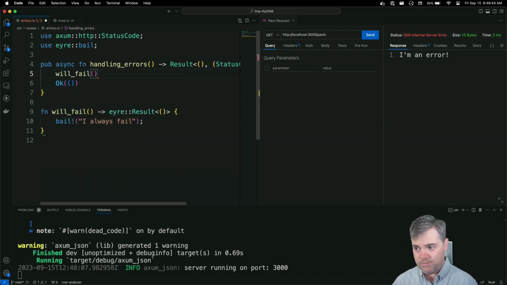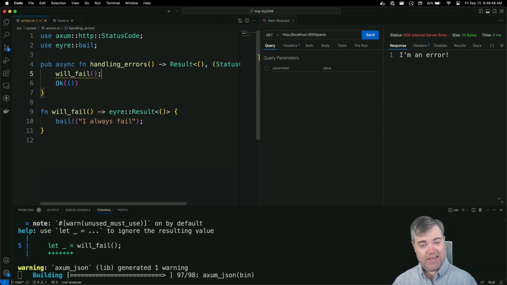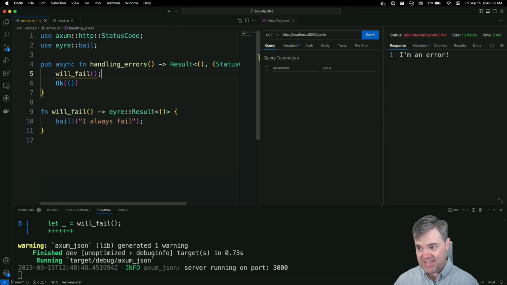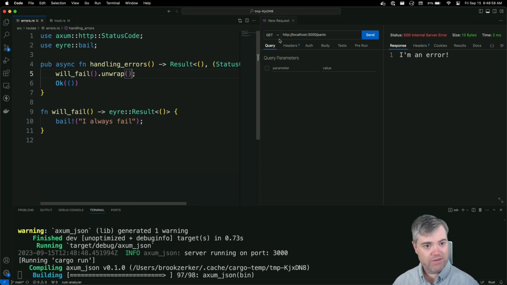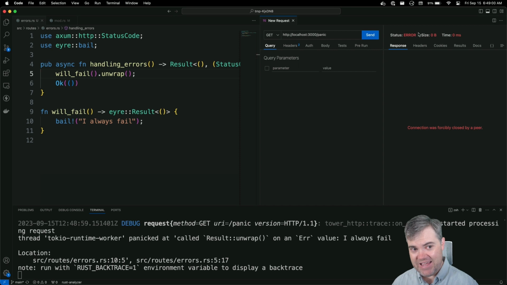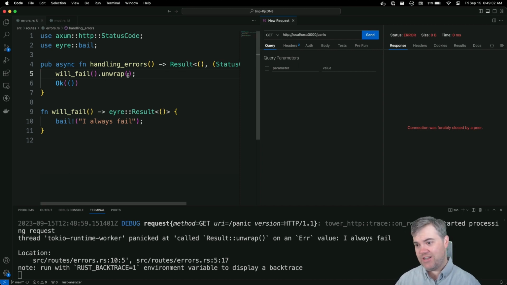So will_fail, but of course this has a result. If I just run this, Rust Analyzer is going to be a little bit unhappy with us, saying, hey, you need to handle this result. Obviously, if I unwrap this, that's going to be the same as a panic. And to show that off, we get that same error here. So crashing is not a good way to handle this.